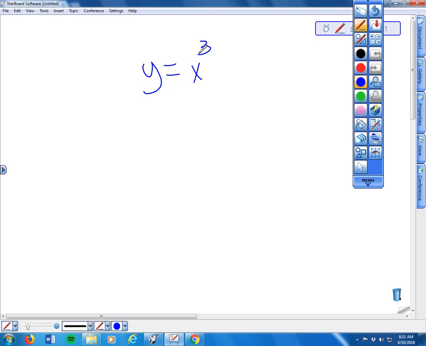this problem, how do I solve it? Take the cube root of both sides. I have to undo that root by taking the cube root, or undo the exponent by taking the root, right? So if I have